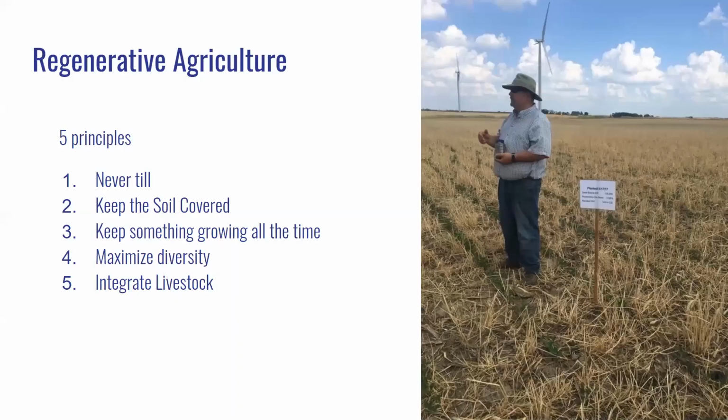So just to go over the regenerative term, it may be new for some people, but regenerative agriculture is different from sustainable agriculture. Sustainable by its word implies keeping the status quo. So inputs in, outputs, everything's in balance. Now, sometimes the word sustainable is used in an unbalanced system. Any word can always get hijacked. But what's different about regenerative is it is really focused on year-over-year improvement of the soil, rebuilding, regenerating, bringing it back to where it was prior to, if we could get it back to as close as possible prior